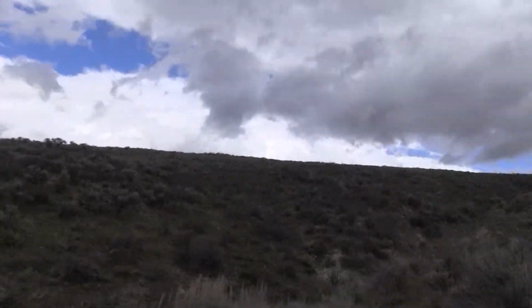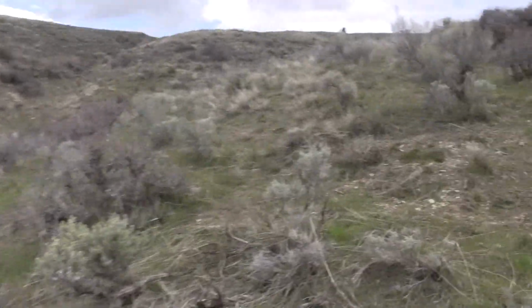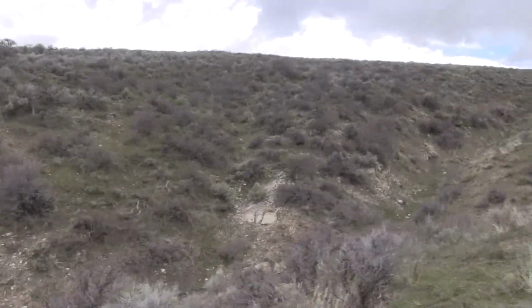We had about a mile hike to get into the area where I wanted to start looking for antlers, as the area near where we'd parked had already been scoured over by other shed hunters. I just hoped that the other shed hunters hadn't gone too far and there'd still be some for us to pick up. So we decided we'd split up, and I went a little bit lower than Jared and found the